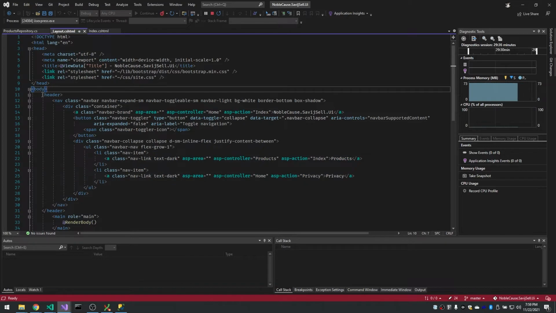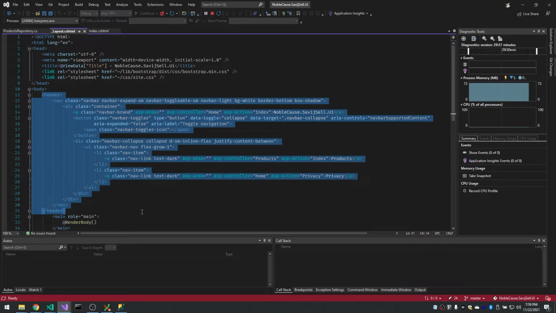Let's try and build this header, because you see this navbar-expand-sm, navbar-toggleable. All of these things here come from Bootstrap. So since we already have Bootstrap in React, it should be able to just pick up these classes and draw for the most part. So let's grab our header,